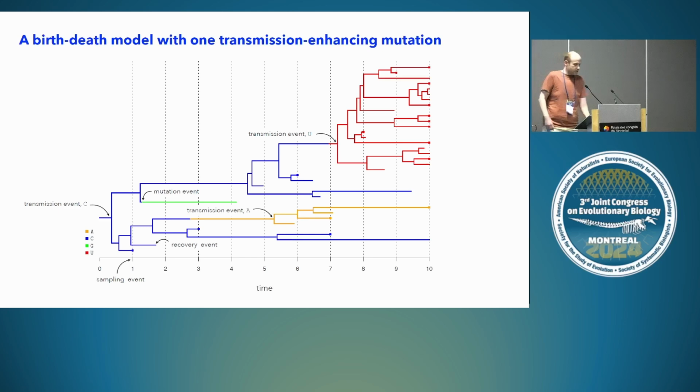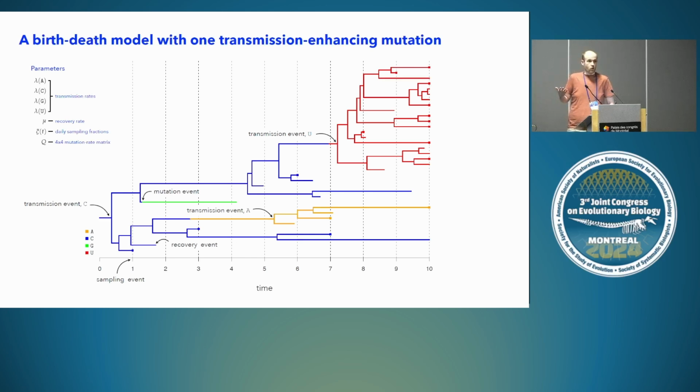So the process is characterized by a few sets of parameters. In this case, we can imagine there being one transmission rate, which is labeled lambda, for each nucleotide. Then there's a recovery rate, mu, sampling rates, which can be informed based on our knowledge of how samples were collected over time, and what we're calling Q, which is just a standard mutation or substitution model that describes how nucleotides change from one nucleotide to another.